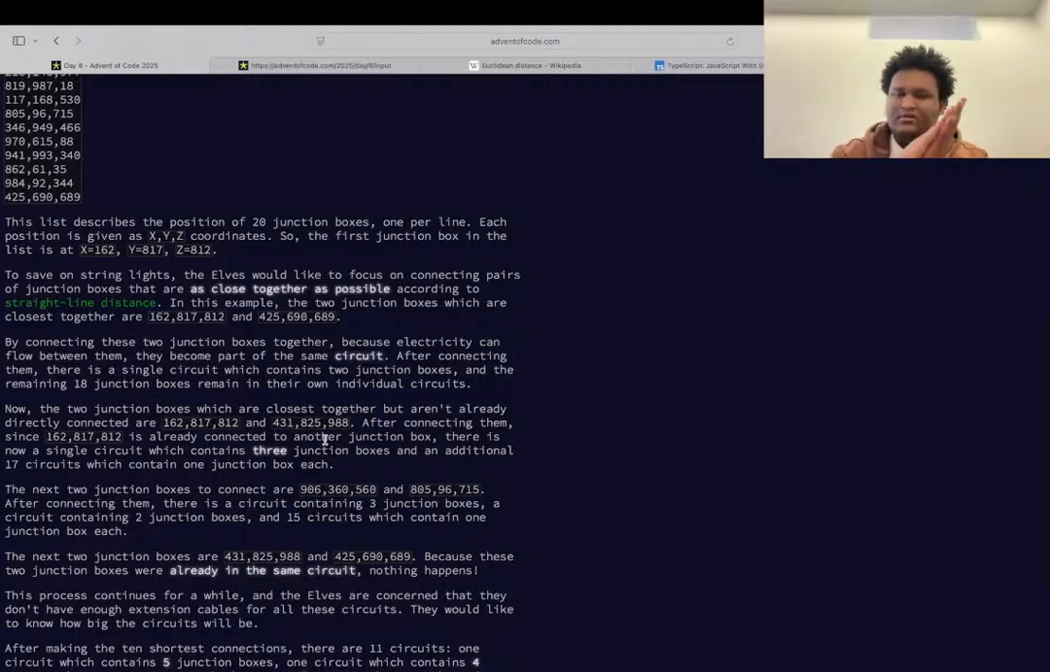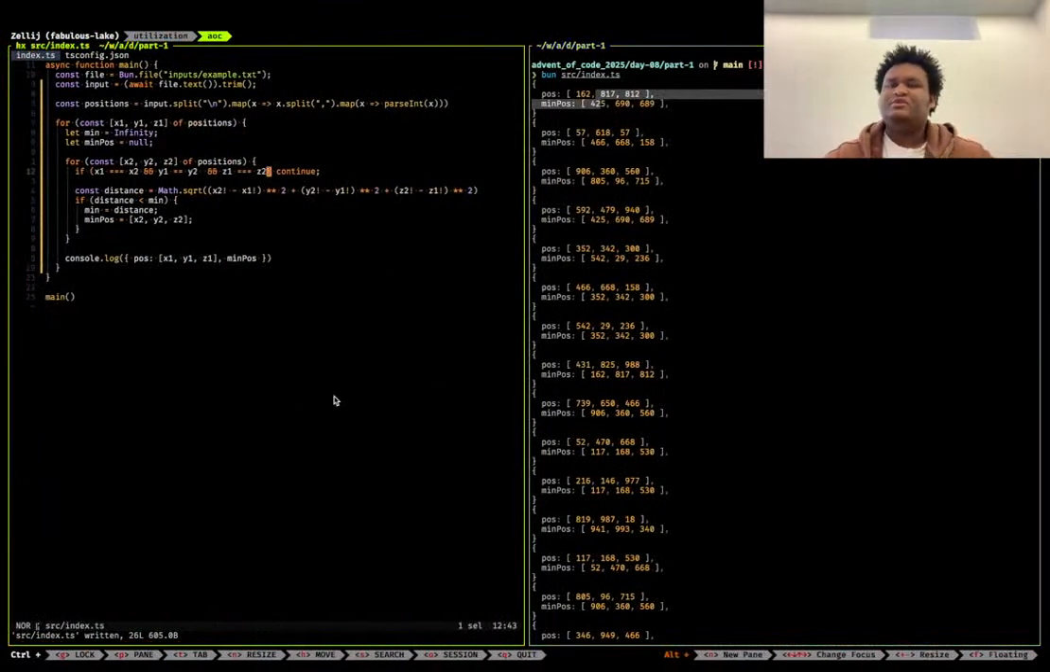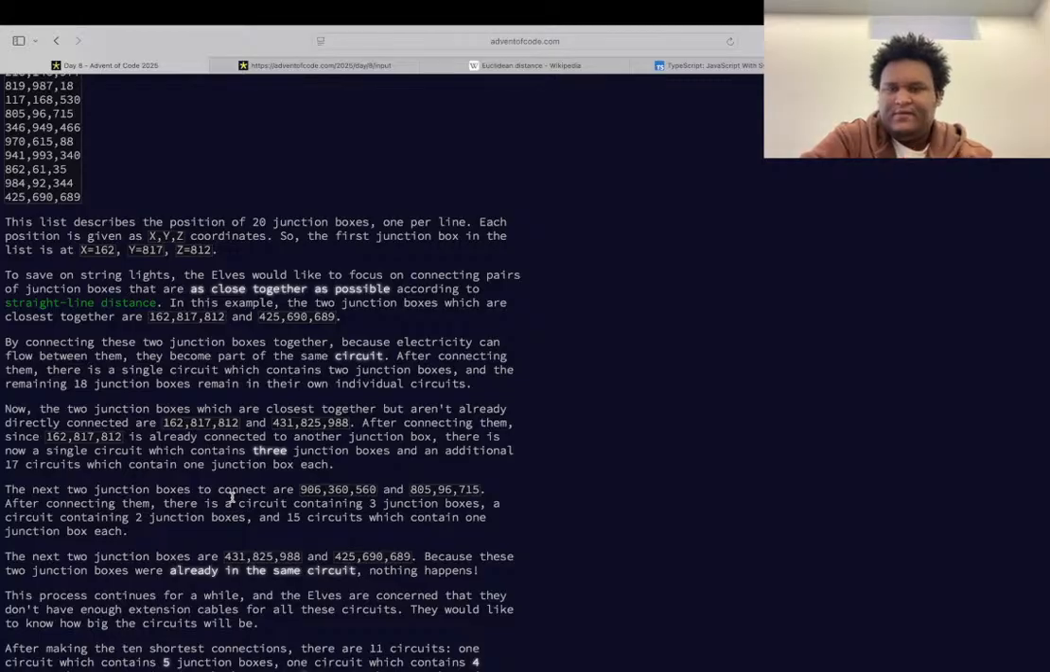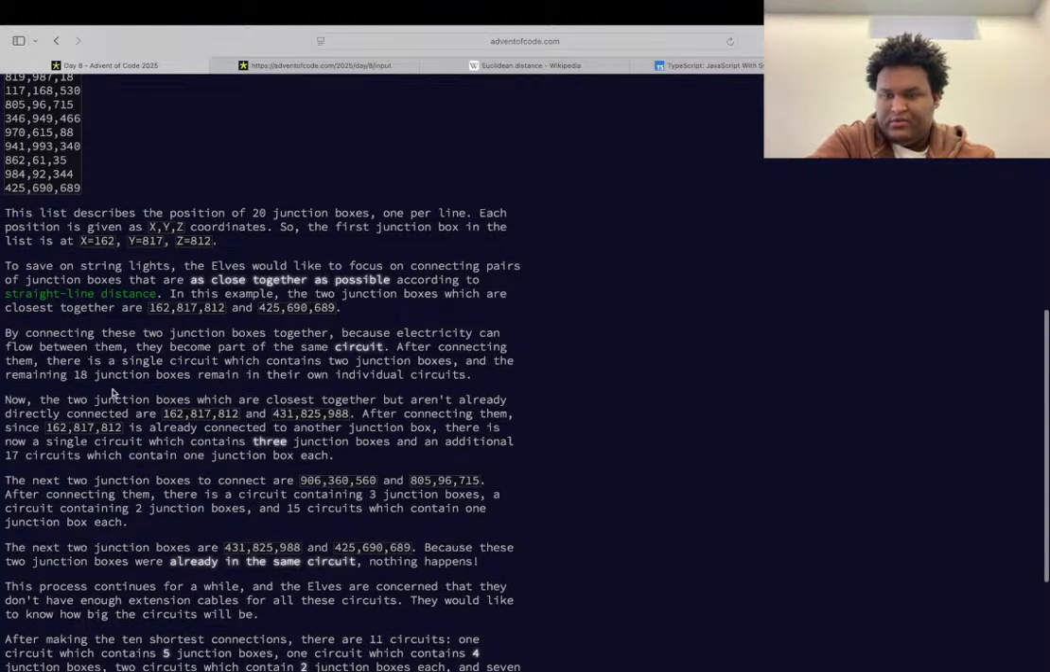And then in the next loop, we modify. So this will be like a map of positions to two slices. In that case, when we connect something, we remove it from the map and then we add it to the lists of the positions that are connected to the one number. So now the two junction boxes which are closest together but aren't already directly connected,